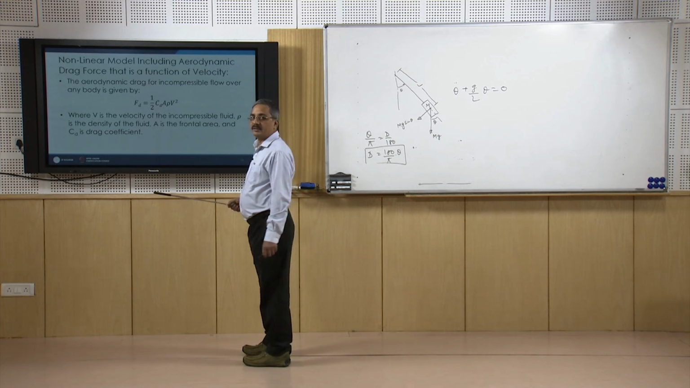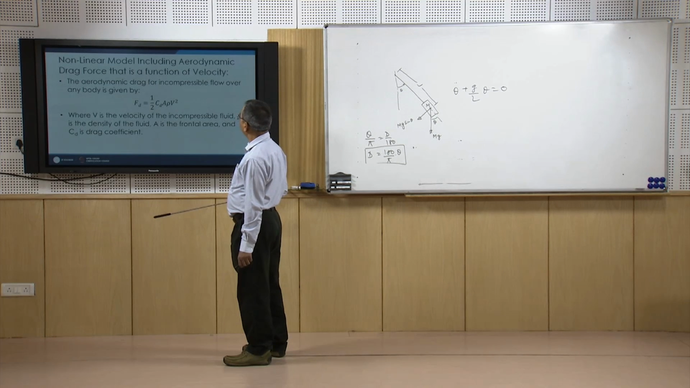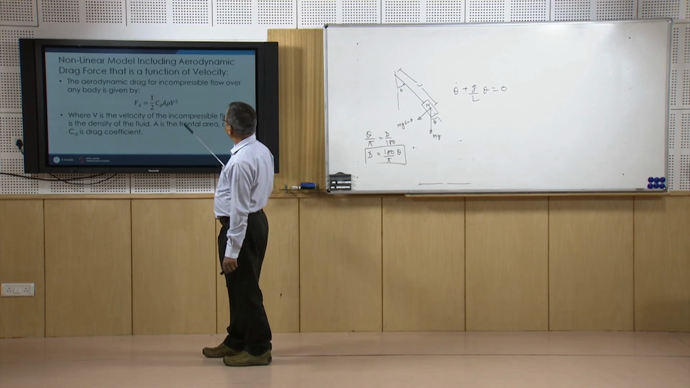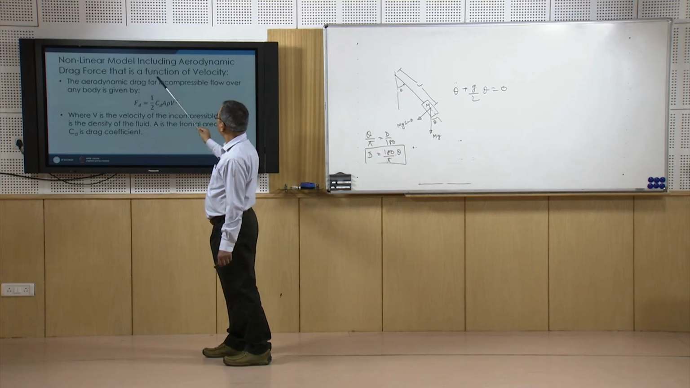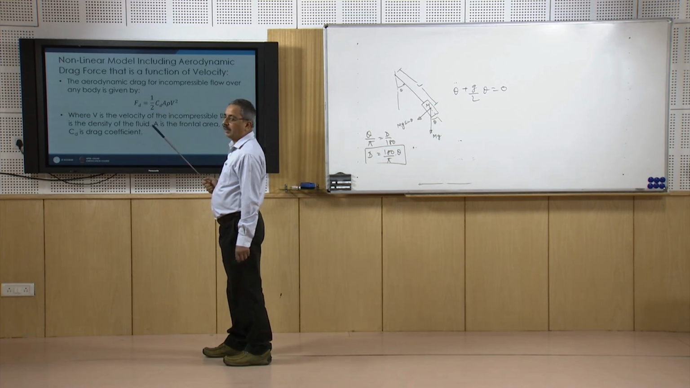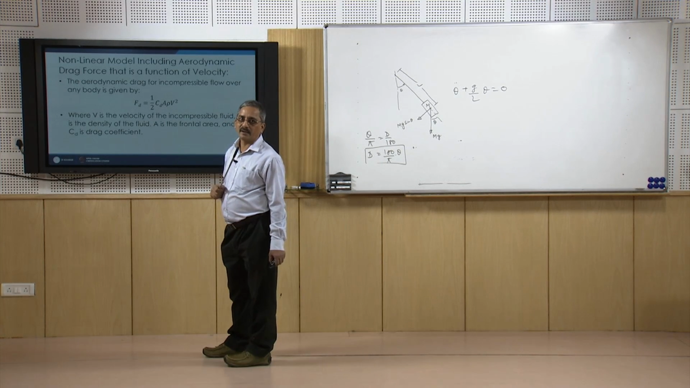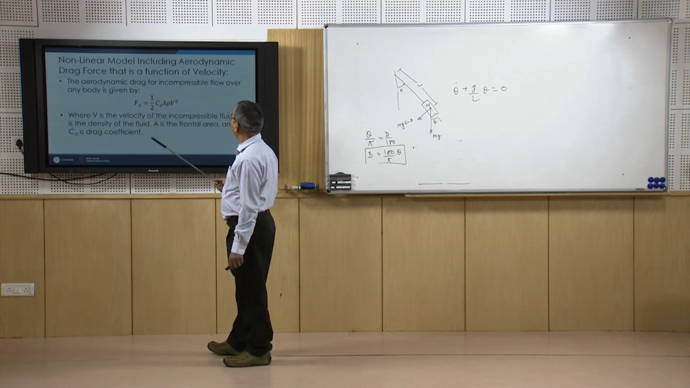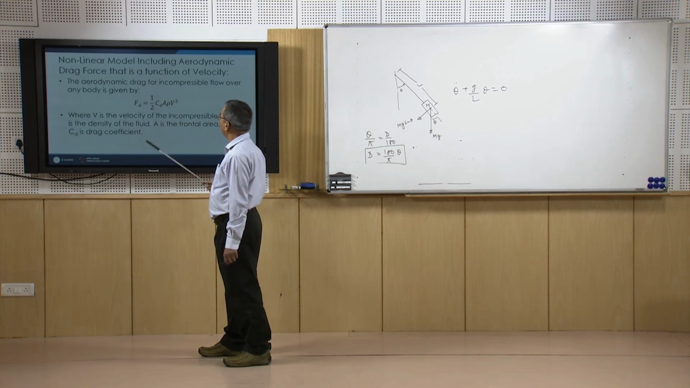Then let us add further features to our model. Here is the non-linear model including aerodynamic drag force that is a function of velocity. In the previous one, a constant drag force was assumed. Now, if my drag force is a function of velocity, I can write the expression for